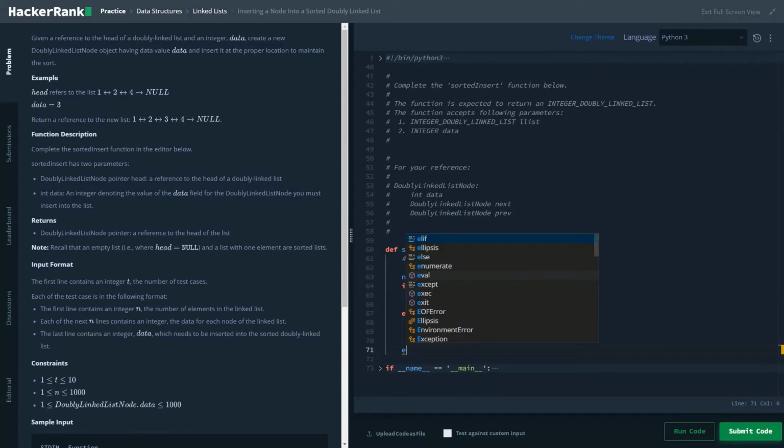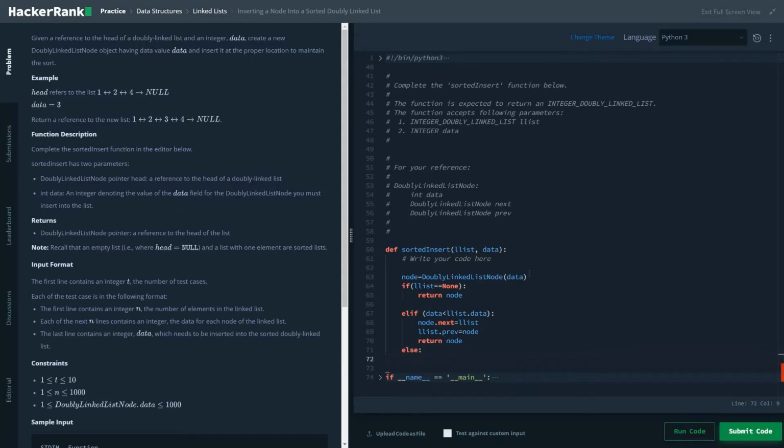And the last statement: else, if the data value is greater than the list data, then we perform recursion.